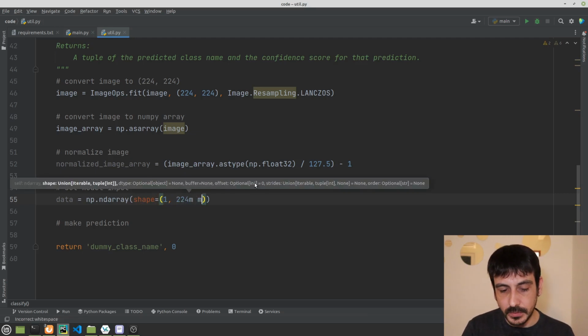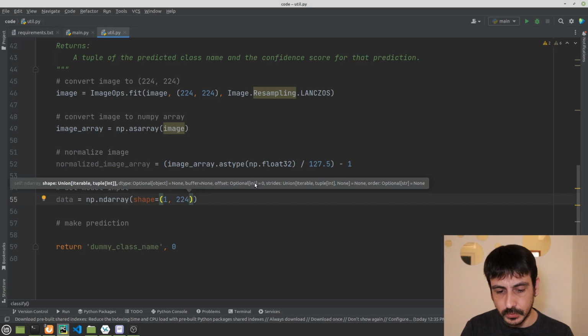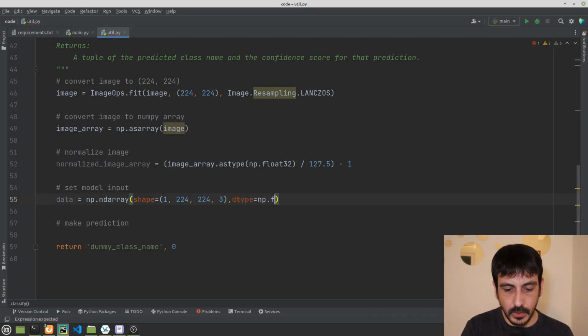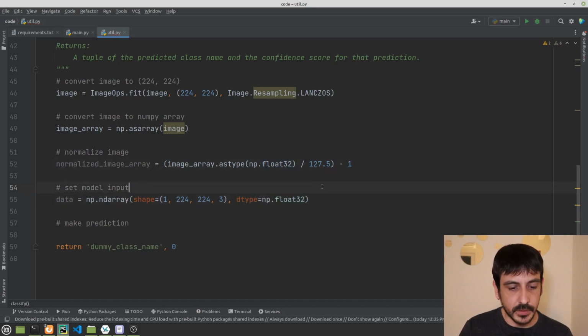Then the size will be 224, and then we will have 3 channels for every single image, right? So this is exactly the size we need: an image, only one image, 224 times 224, and 3 channels. And the type, this is very important, is numpy float32, the same type we have converted our image to over here.